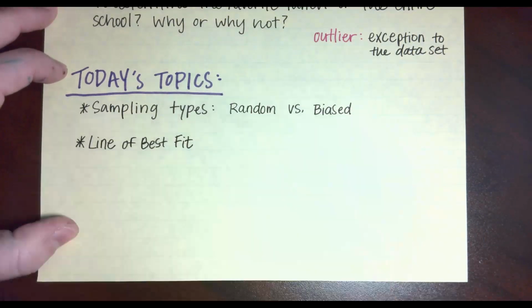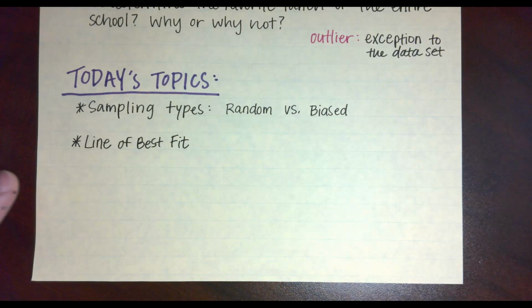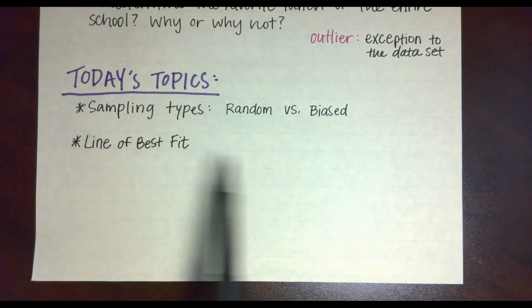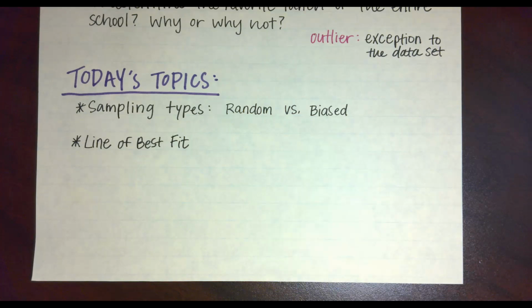And today is going to be a more discussion-heavy class. Not as many notes to take, number-wise, but you might have a few more words to write because we want to get those explanations in our brains and remember what each of these things mean, such as random versus biased. So if you guys are labeling your notes and you're starting a section for Unit 2, Statistics, I'll give you a moment to get caught up, and then we're going to talk about the difference between those two types of sampling.